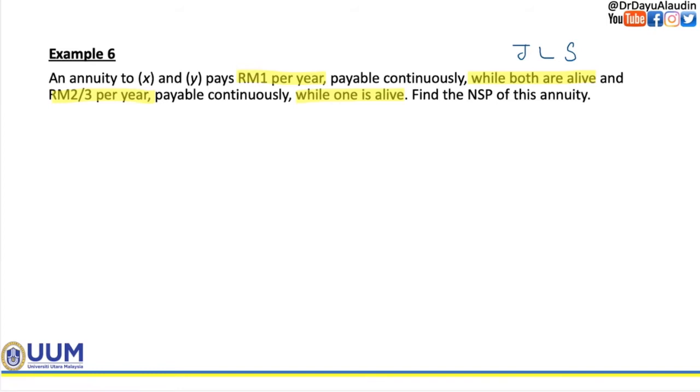So the NSP or the APV is the integral from 0 to infinity, because whole life, of VT TPXY dt for JLS, plus 2/3 for while one is alive. So 0 to infinity